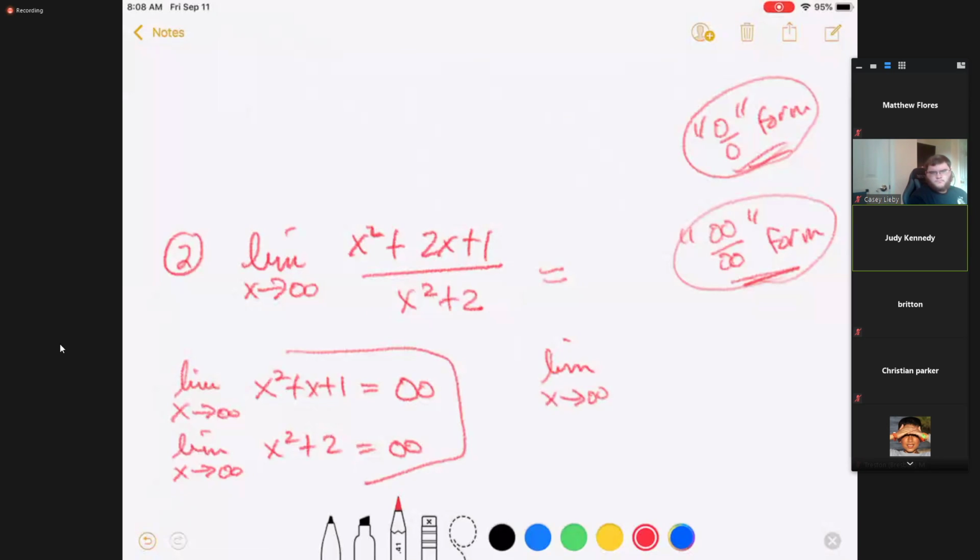Okay, since that's a second-degree polynomial in the numerator and a second-degree polynomial in the denominator, I'm going to multiply the top and the bottom by 1 over x squared. Which means 1 over x squared divided by 1 over x squared is equal to 1. I am not changing the problem. But this helps me because